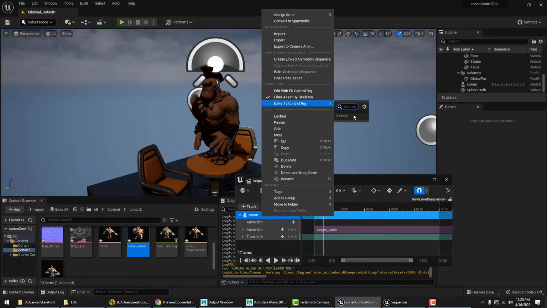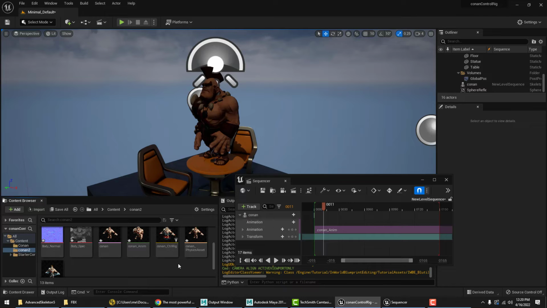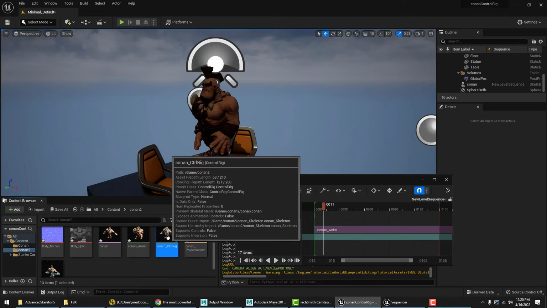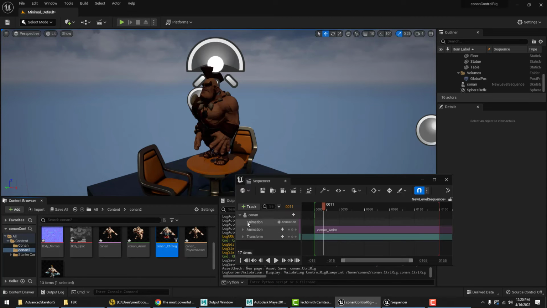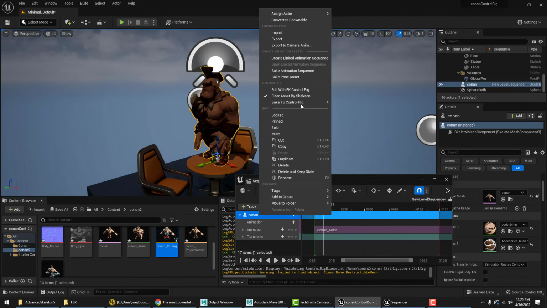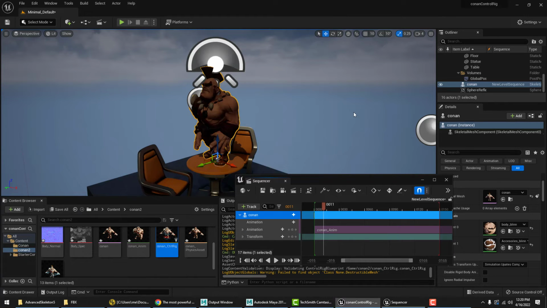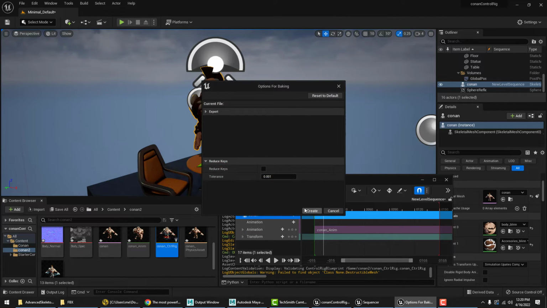to control rig. Now that should have our control rig available in here, but you might, just like here, not have that available, and that happens if the control rig has not been actually saved yet. So with the control rig node, right click, hit save, and if we now try again to say bake to control rig, we now have the control rig available in the list, and we'll choose it and go with the default settings,